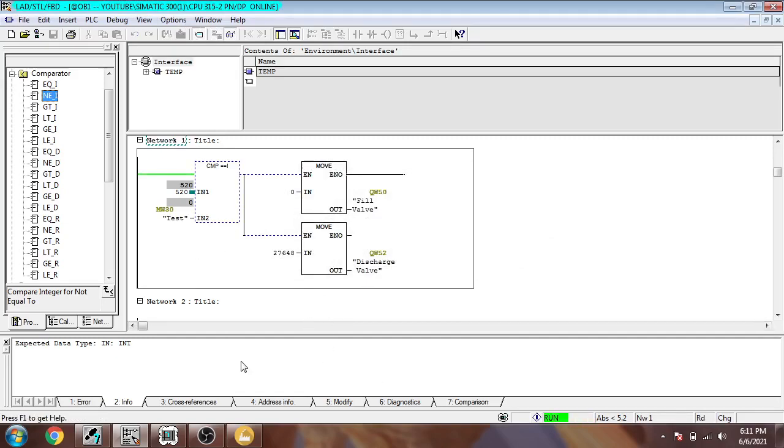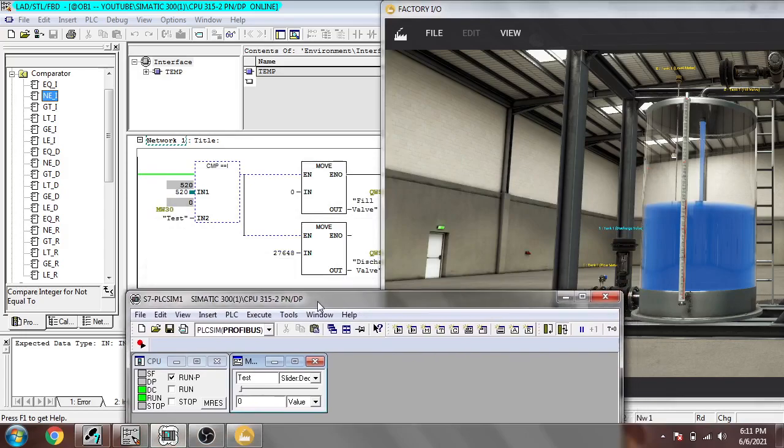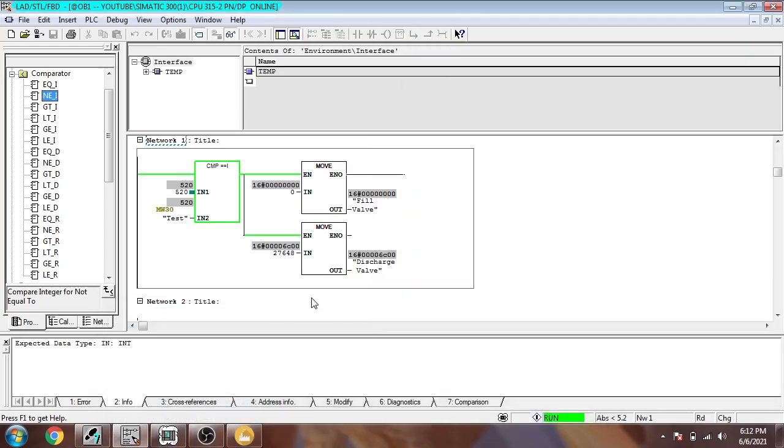So it is not equal to, in the PLCSIM you will see that it is not equal to that, which is why our fill valve is working. But what you will see, when it is equal to, now you will see our fill valve is 0, and the discharge valve is going to change.